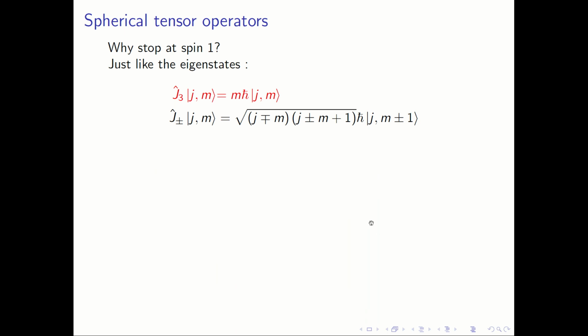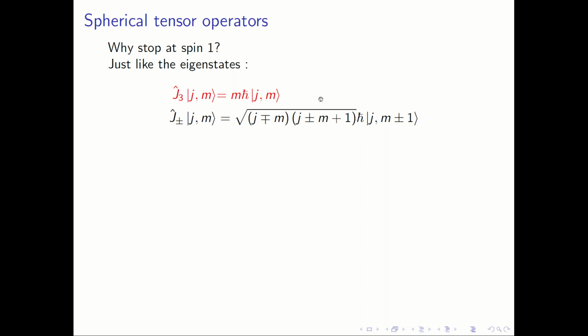For any j, you have j3 acting on jm giving m h-bar, and j plus-minus acting on jm like this. Now these were consequences, remember once again, of the commutation relations. And since ad j plus, ad j3, ad j minus have the same commutation relations, you can of course think of 2j plus 1 dimensional